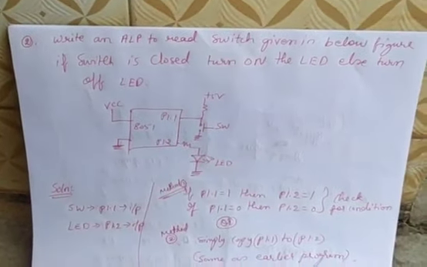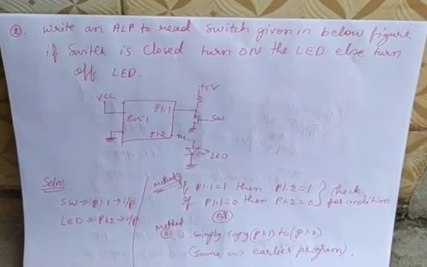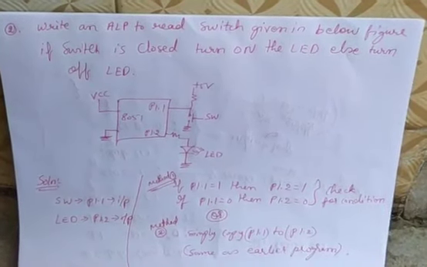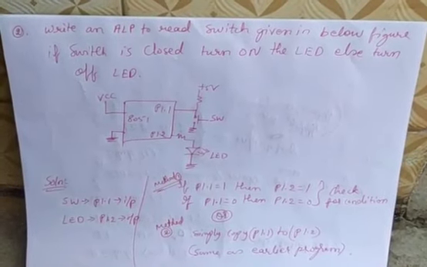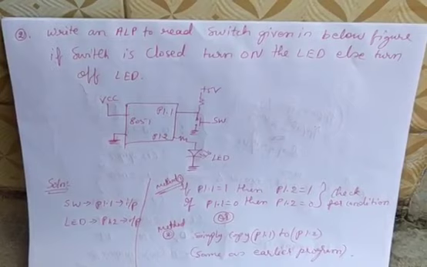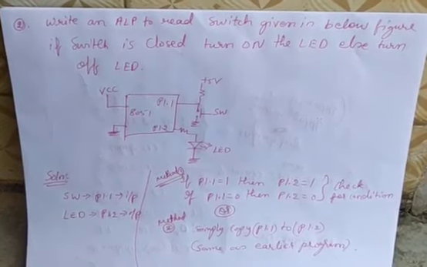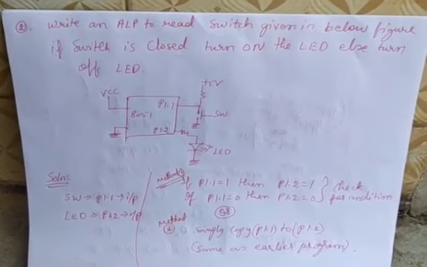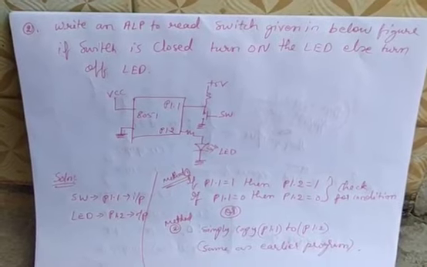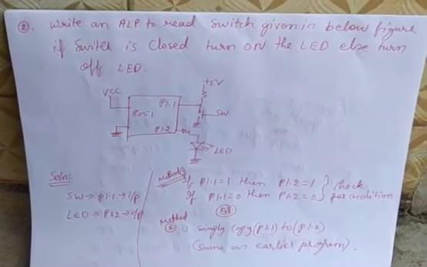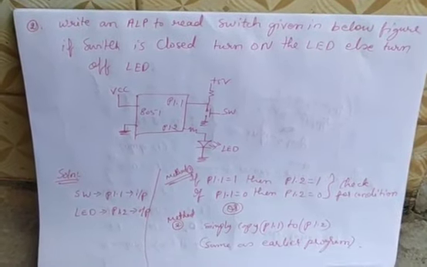Okay, so this type of programs will be asked in the exam for minimum 4 marks and maximum 6 marks. See, module 1 will not have any programs. Module 2 and 3 will have programs. Module 2 programs are very simple programs which have no loops. Module 3 will have programs which have loops. Loops means if you are using DJNZ and CJNE instructions in the program, then they are called loop instructions.